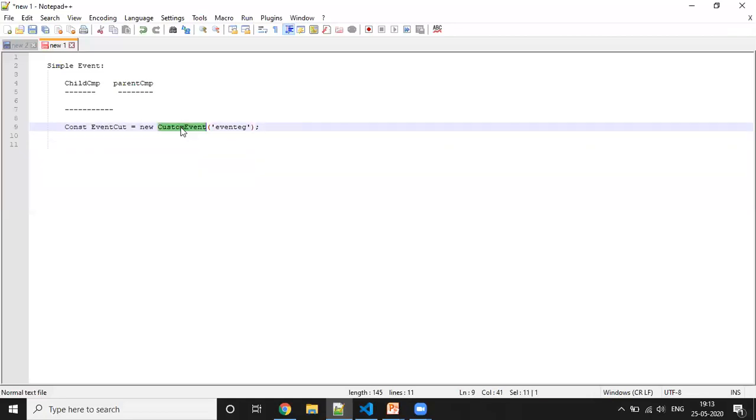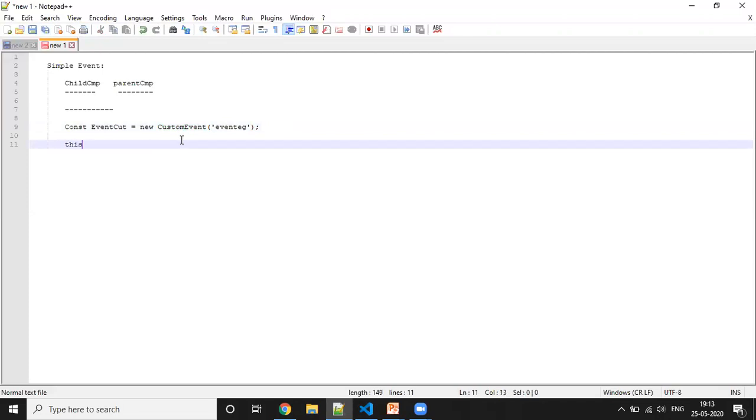After creating this custom event, we have to dispatch it. For that we can write this dot, and there is another method called dispatchEvent. So we can dispatch it and pass this event.